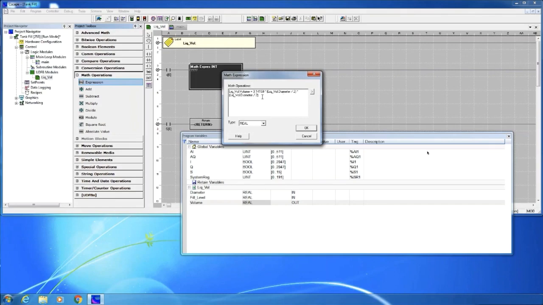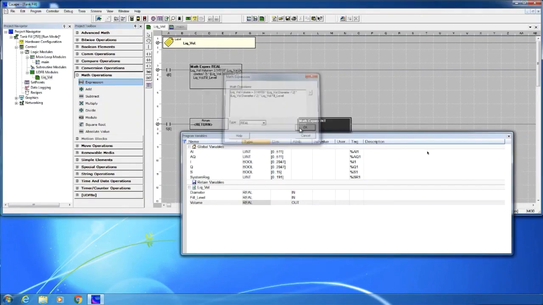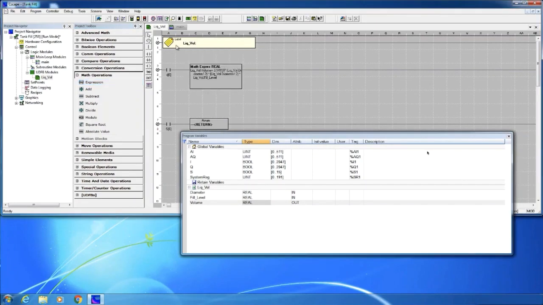What's my height? Well, it's the height of the liquid, or the fill level of the liquid, which in my case down here is that variable. So times LIQ_VOL.fill_level. Okay, now if I haven't misspelled anything, I should be good to go here. I'll hit OK. All right, so I have just created a really, really simple UDFB